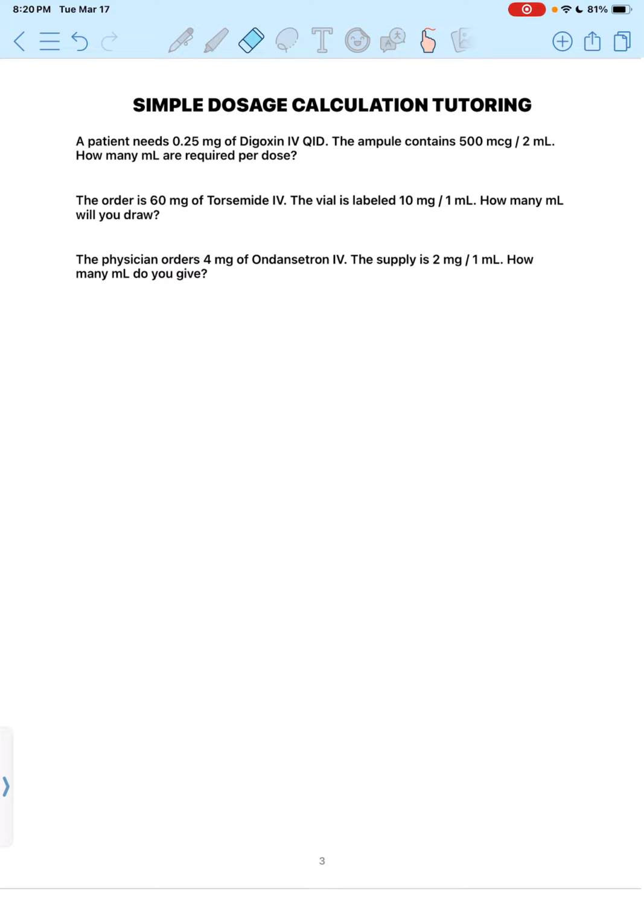Right here, I'm trying to give you a quick review of simple dosage calculation. We're not going to review dosage calculation based on kilogram of body weight, infusion rate, or body surface area, but just simple dosage calculation. Now, anytime the doctor prescribes something and you need to find out